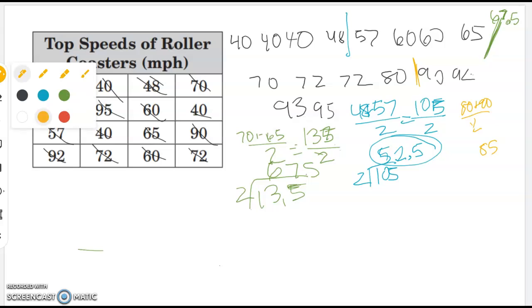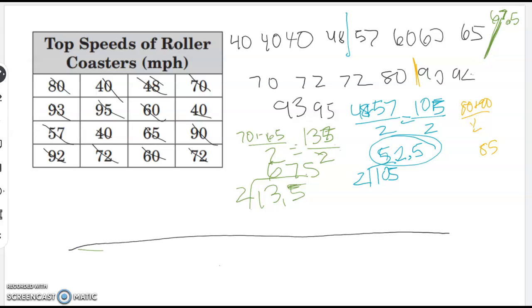So now I'm going to go ahead and draw my box and whisker plot if my pen allows me to. So I'm going to draw down here at the bottom. My smallest number is 40. My biggest number is 95. So what I'm going to do is count by my 5s. 45, 50, 55, 60, 65,